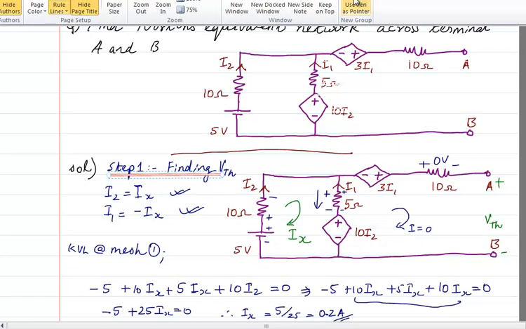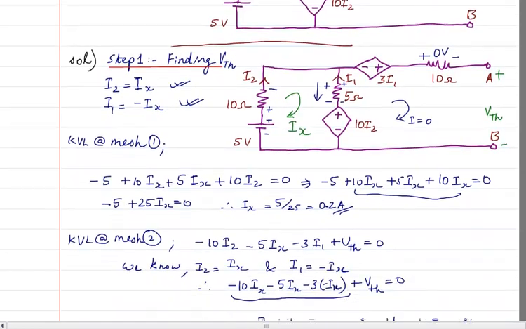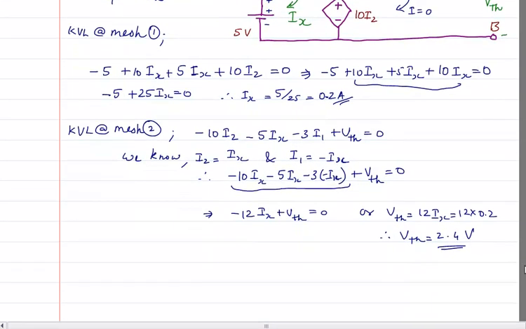Because I have already told you, always remember, whenever there is a dependent source, we cannot find out RTH or RN. Both of them cannot be found out. So we have to resort to a different method for finding out RTH and RN. For that, first we find out VTH, that we have already found. Next we have to find IN. So that is step 2.